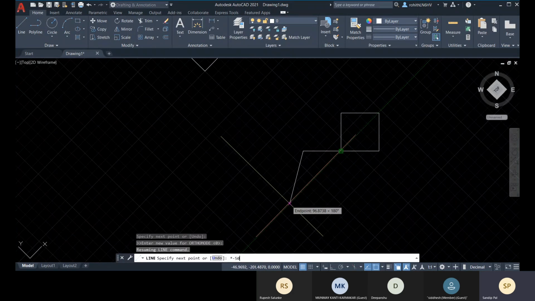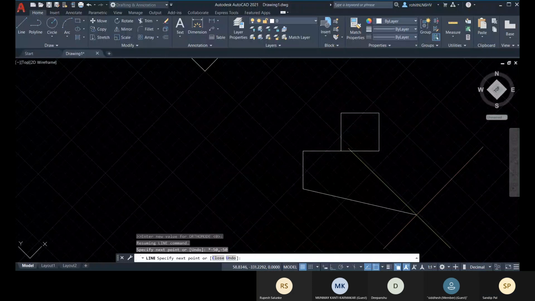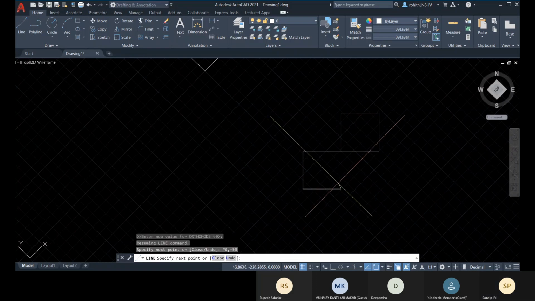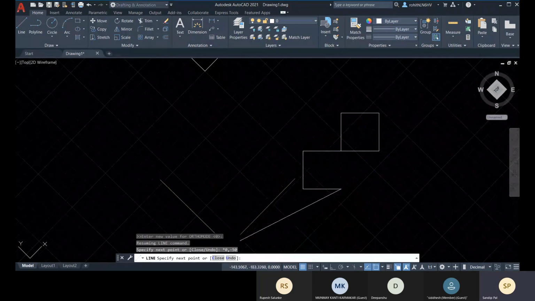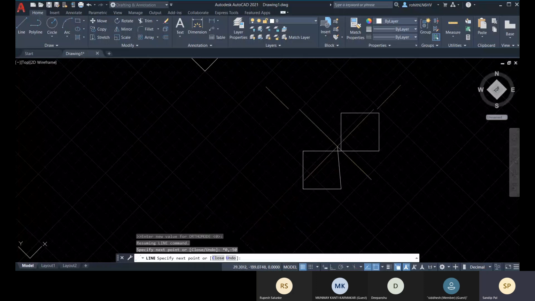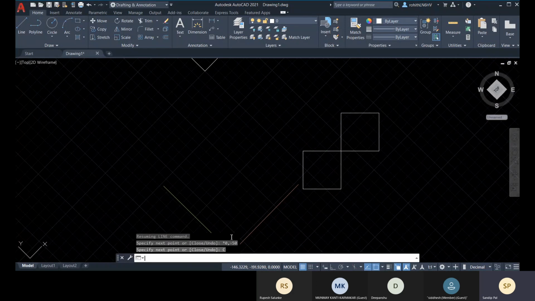So let's go for -50, 50, enter. And then star 0, -50, enter. And then you can go for close, or star 0, 0 will be the last point. At this point you will close it.